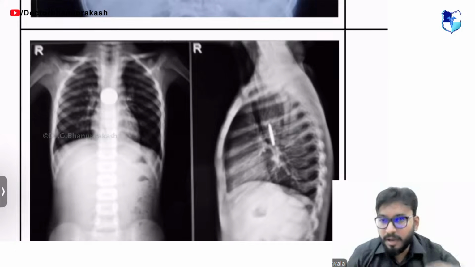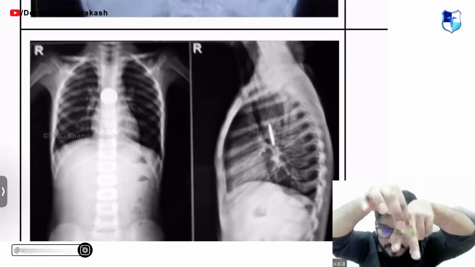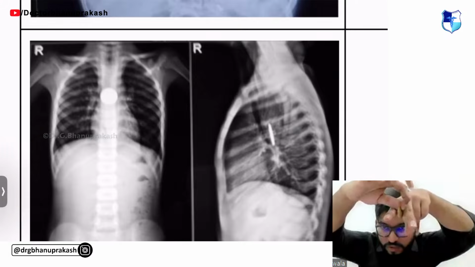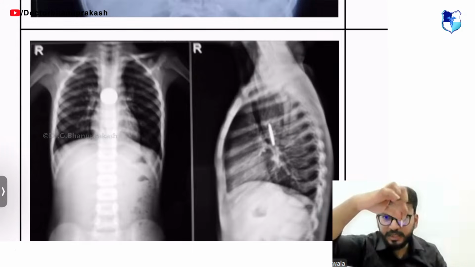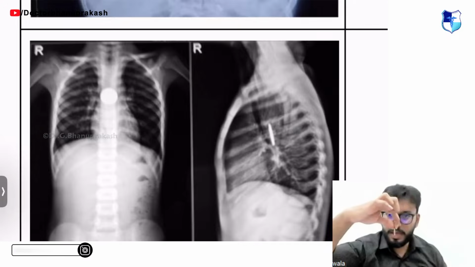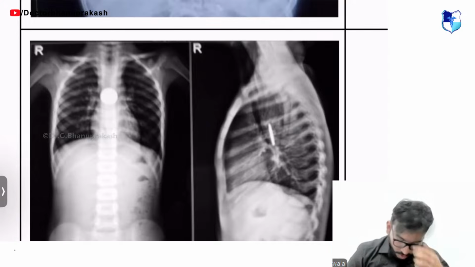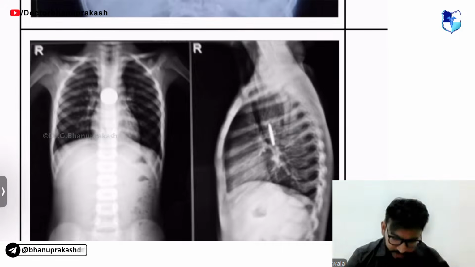What happens in the trachea? My trachea is slit-like, guys, because of the vocal cords. So the coin cannot pass like this. The coin has to pass like this. So once it passes like this, in your AP view, I see the coin slit-like, and in my lateral view, I see the coin like this. Simple. So esophagus versus trachea.